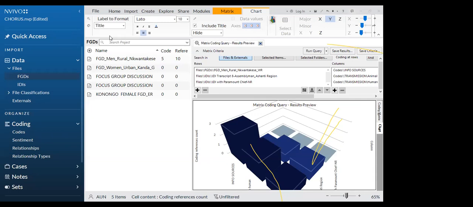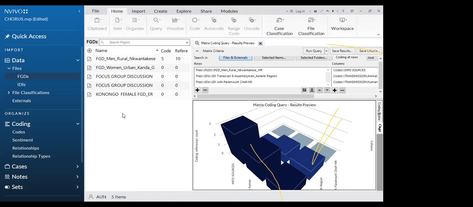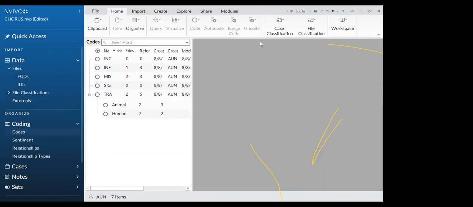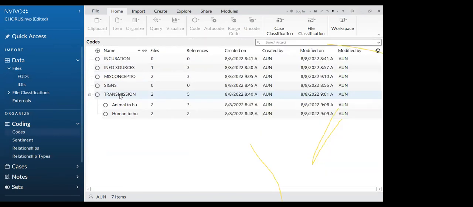So, Ada, do you want to just quickly run through how you look at the outputs from the different codes and how you export? Yes. So if you have the codes here, if you just click, let me close this one. If you click on any of the codes,